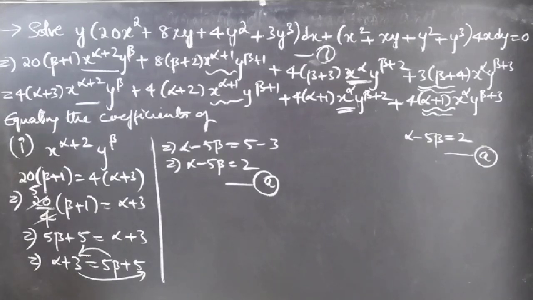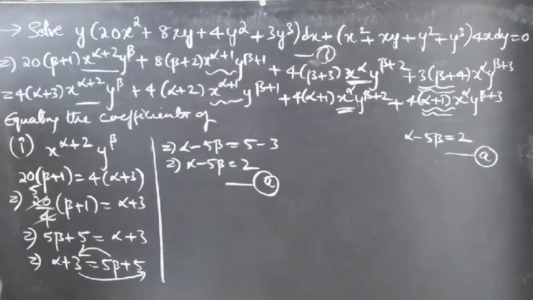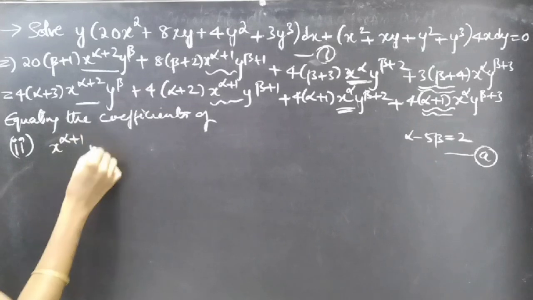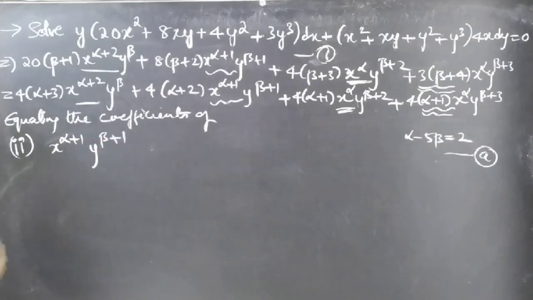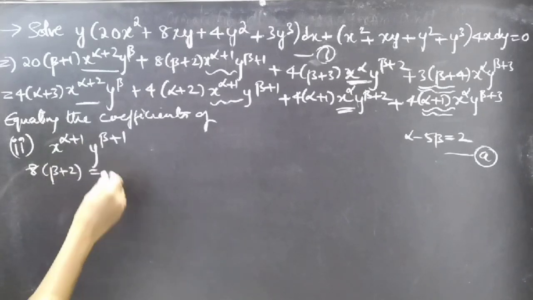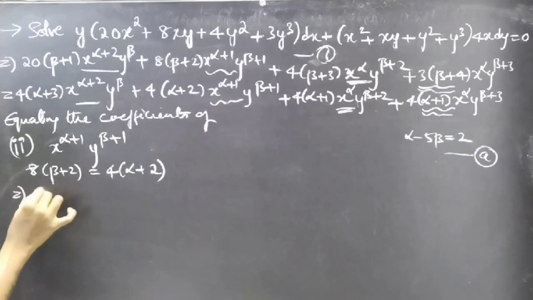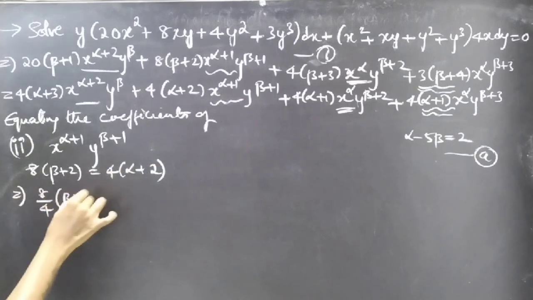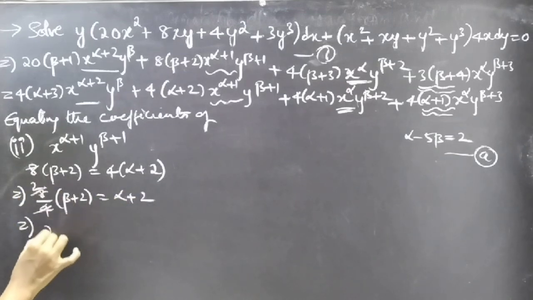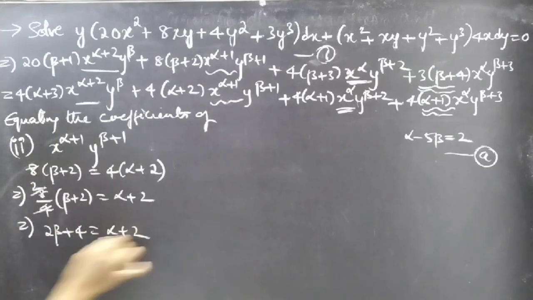Now let's equate the equations of x power alpha plus 1, y power beta plus 1. Equating them gives us 8 times beta plus 2 equal to 4 times alpha plus 2. So 8 by 4 into beta plus 2 equals alpha plus 2, which gives 2 into beta, 2 beta plus 2 twos are 4, equal to alpha plus 2, or we can write this as